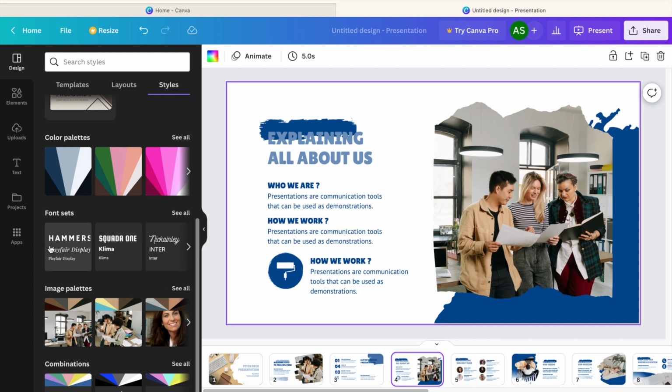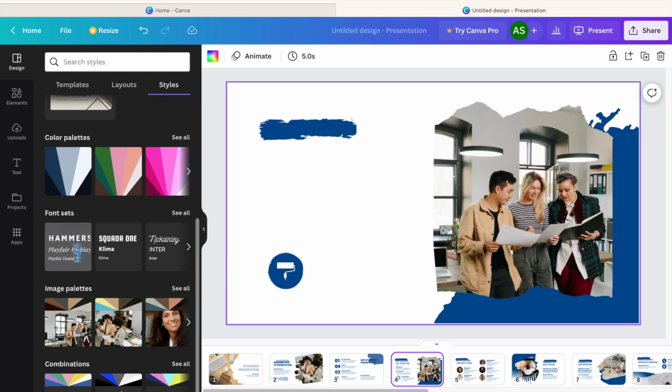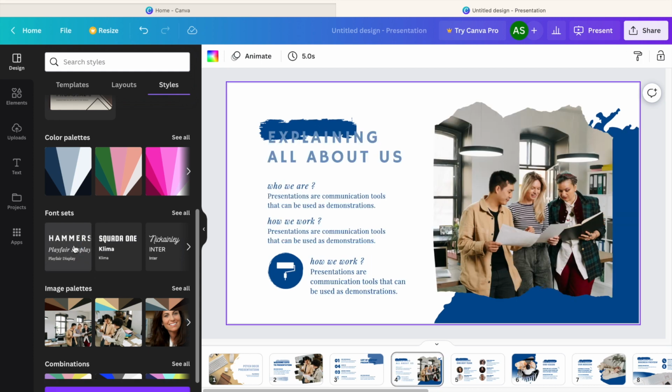Let's say for me as an organization, I want to create a font that looks like this. A little mix of classic and a little mix of strong, bold lettering as well. I can do the same thing. I applied it to this page. I'm going to go ahead and apply it to all pages. So now every single one of the text and formatting of every single one of these slides has been changed